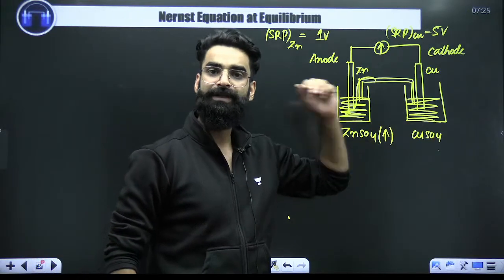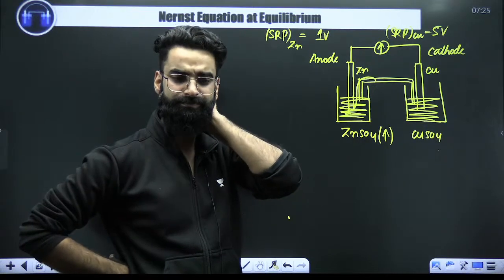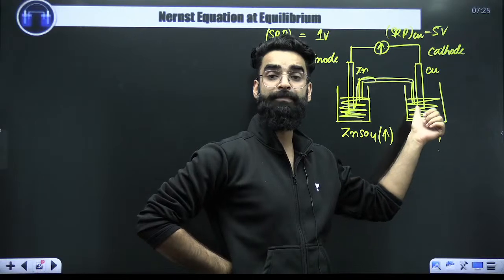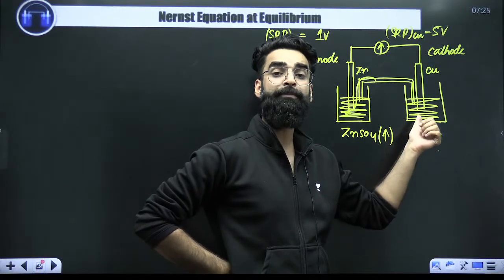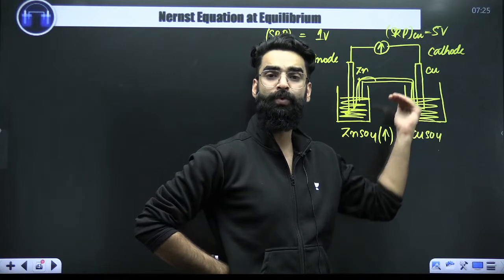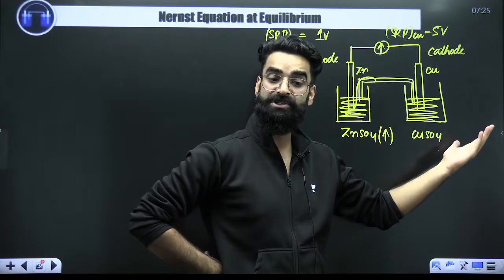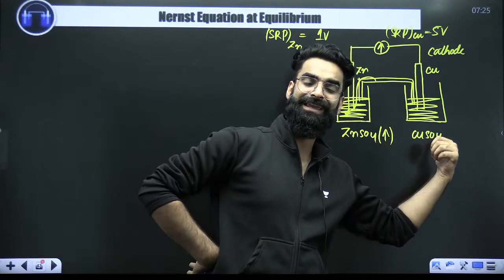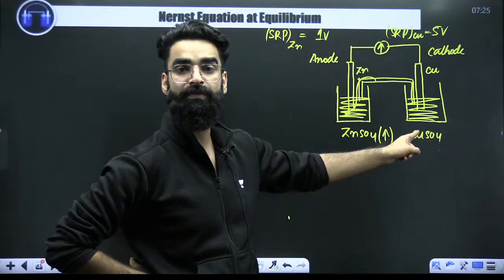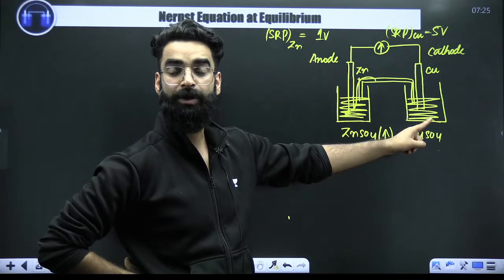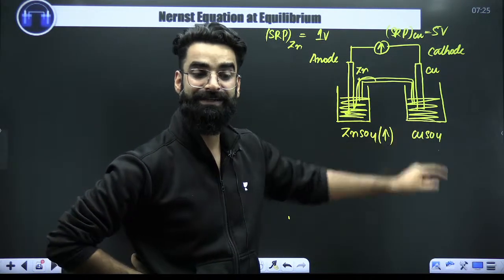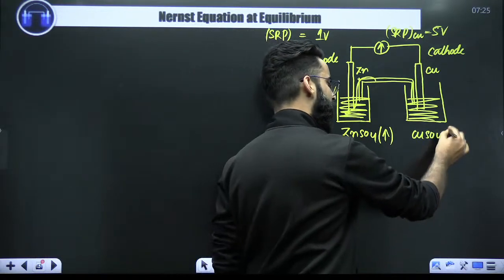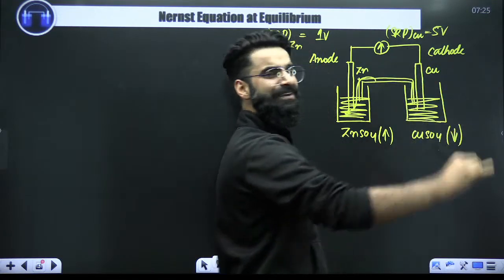Whereas in the right container, what happens? Reduction. Reduction of what? In this particular container, you have got two types of ions, copper dipositive and SO4 dinegative. Those copper dipositives will collide with the rod, take 2 electrons from the rod, and get converted into copper solid, and that copper solid gets deposited on the rod, due to which in this container the concentration of copper dipositives, in the right container, is it increasing or decreasing? It's decreasing. So eventually I'll say the concentration of electrolyte in the right container is decreasing.